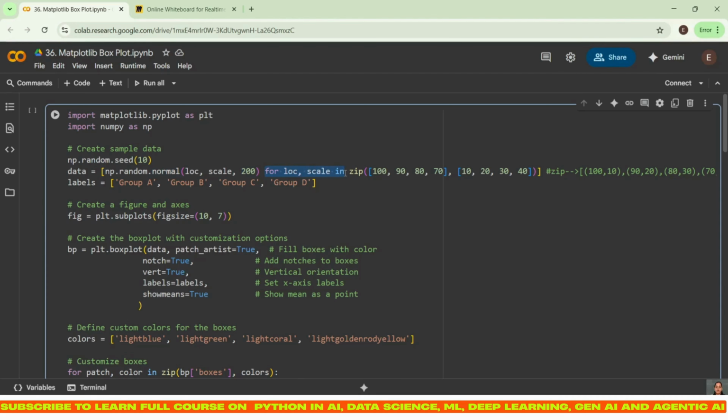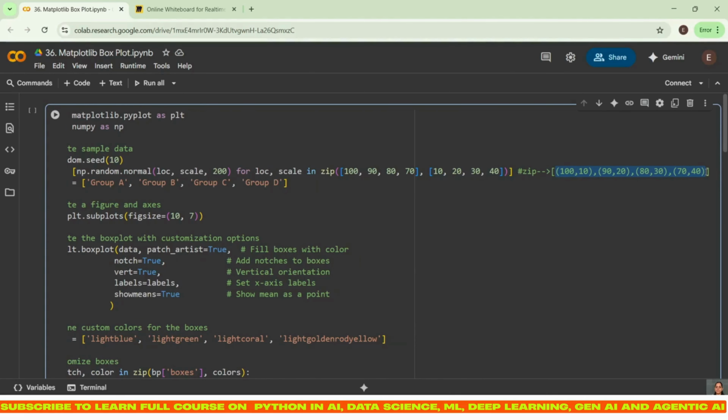Then for loc and scale, what I am doing, I am taking a zip. Zip means what, guys? This is a Python function, a Python method, guys. What it will do, it will take different lists. So you can see I have given two lists. When you are zipping, it is going to create multiple tuples of that list. These are the tricky questions you might get in your interview.